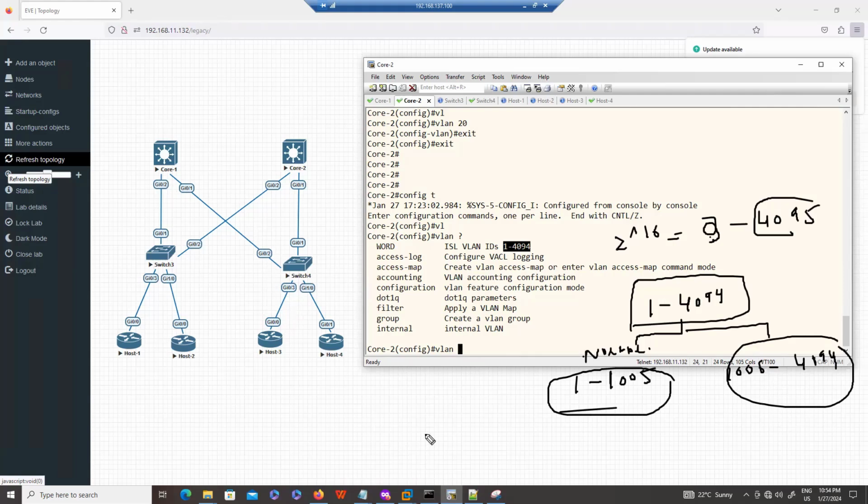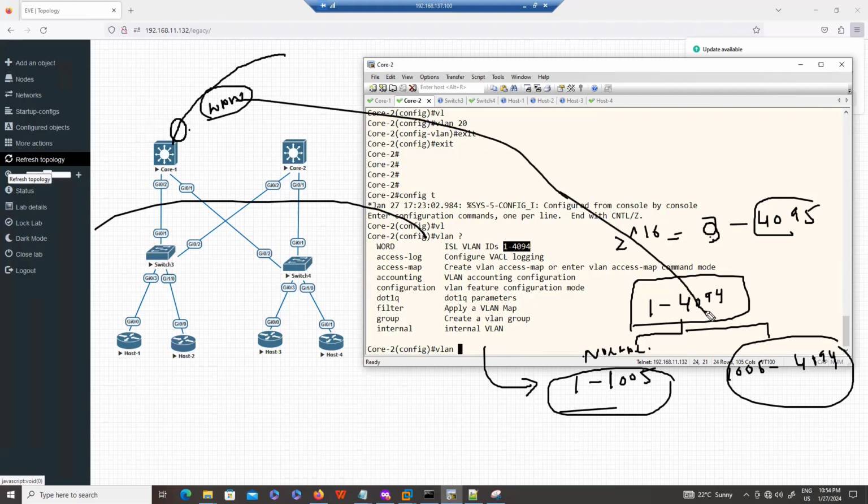I see the way enterprise companies design the network. Let's say you purchase a WAN link and this is your LAN. For the LAN, you might use the normal VLAN range. And if you want to assign a port in a VLAN for your WAN link, you might use your extended range, just to understand easily, or maybe when any other engineer comes. So this is the way you might design your network. For LAN, we are using the normal VLAN range. For the WAN, we are using this extended range.